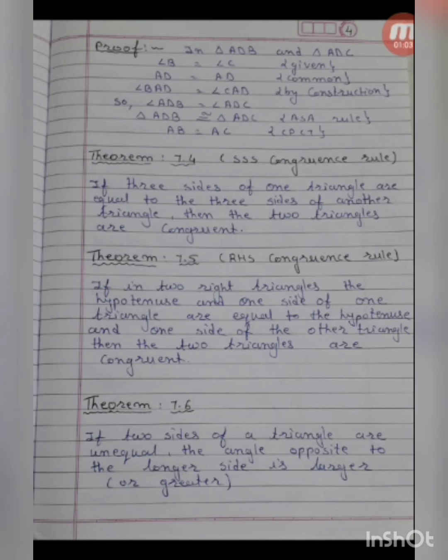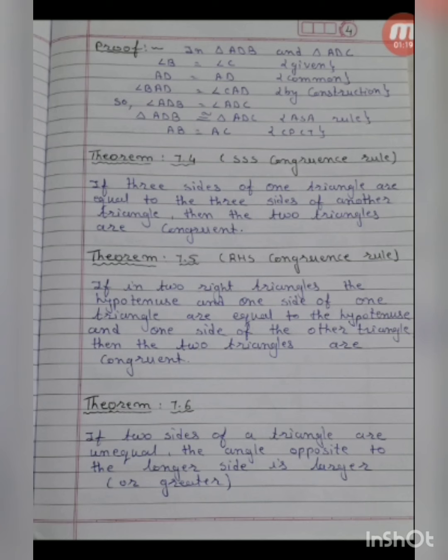Thus, we prove our theorem. Now, theorem 7.4. Here is the SSS congruence rule, meaning side-side-side congruence rule. If three sides of one triangle are equal to the three sides of another triangle, then the two triangles